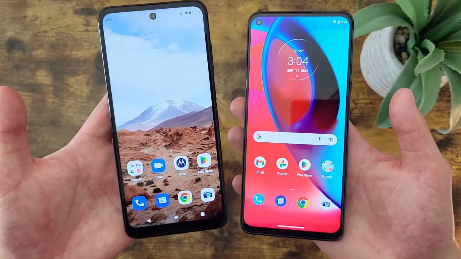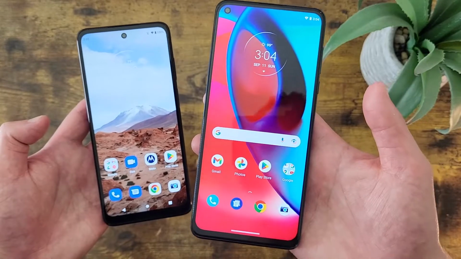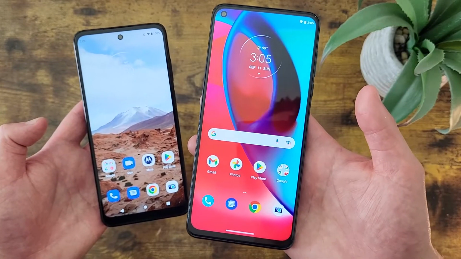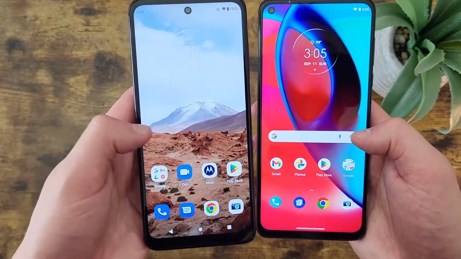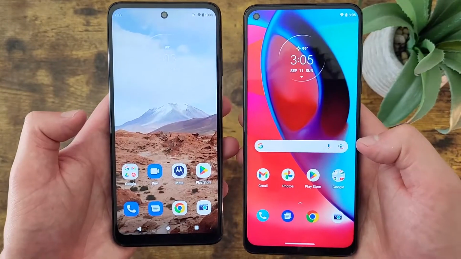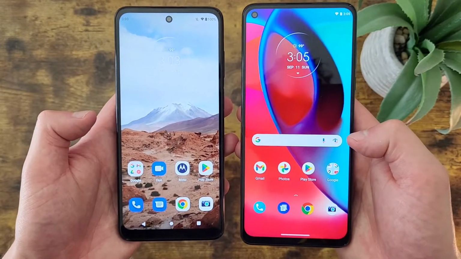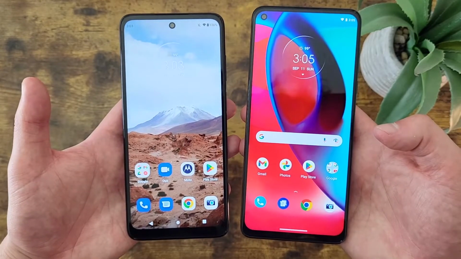That being said, one advantage the Moto G 5G does have is a 90Hz refresh rate, whereas the Moto G Stylus 5G only has a standard 60Hz display. So with a higher refresh rate, the movement on the screen with the Moto G 5G is going to be a little bit faster and smoother. So if you're doing something with motion on the screen like watching a video or playing a game, or just navigating through your phone in general, you will get a slightly better experience, and it's going to feel a little